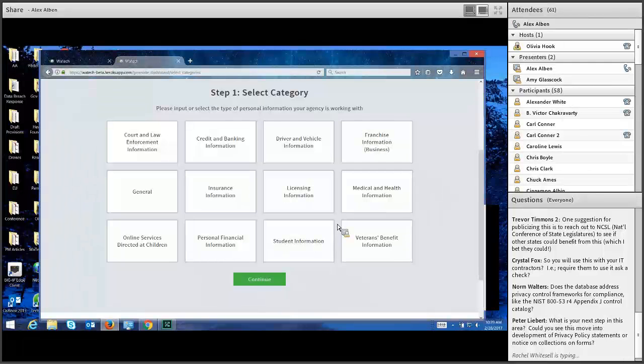This is another question. Will you use this with IT contractors? We are strongly encouraging it for IT contractors. And I find that many developers, especially people I have worked with in the course of my career dealing with consumer data, actually want to do the right thing with respect to data.